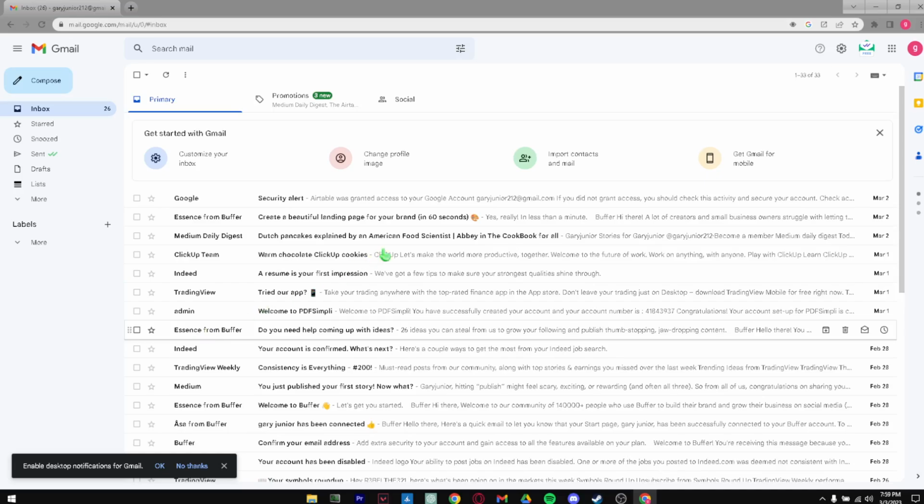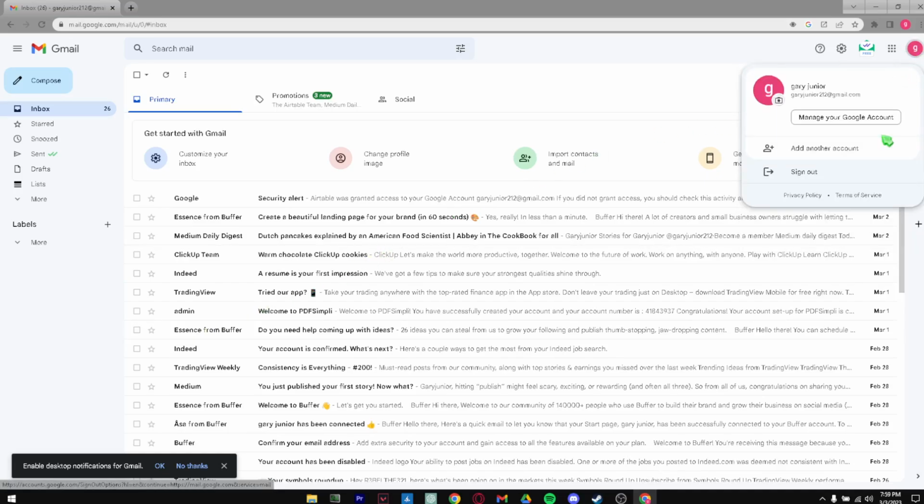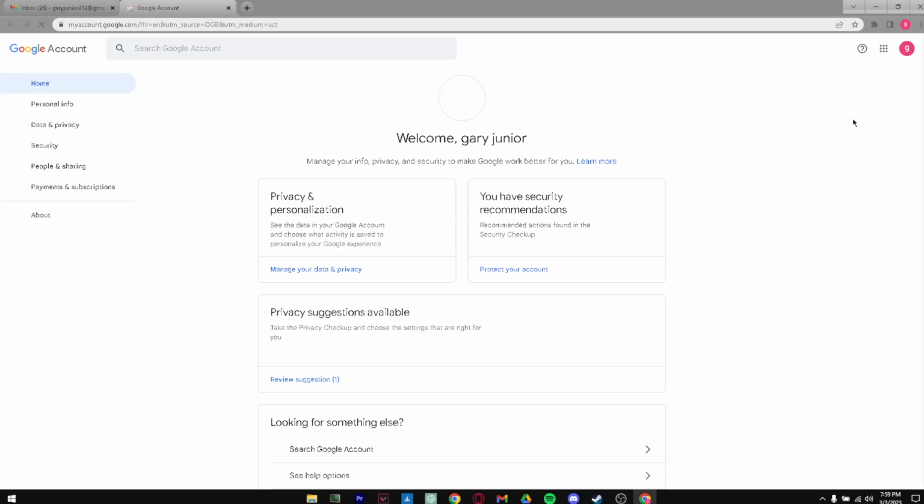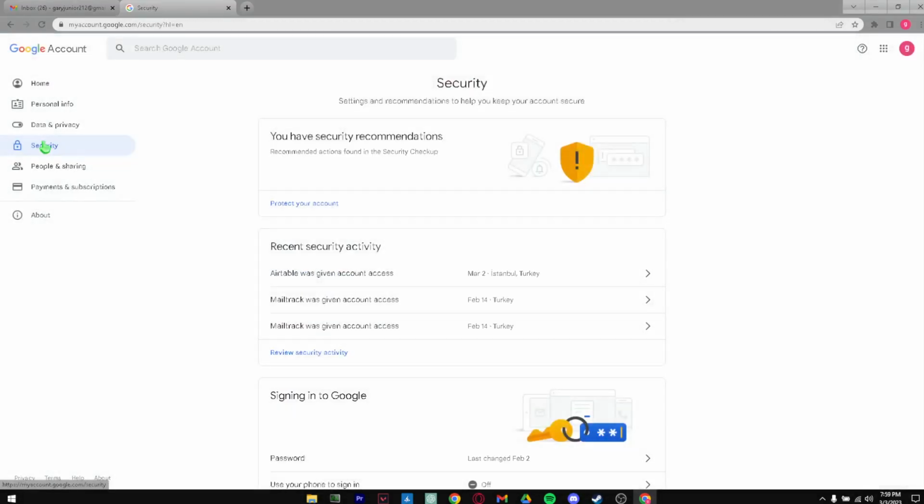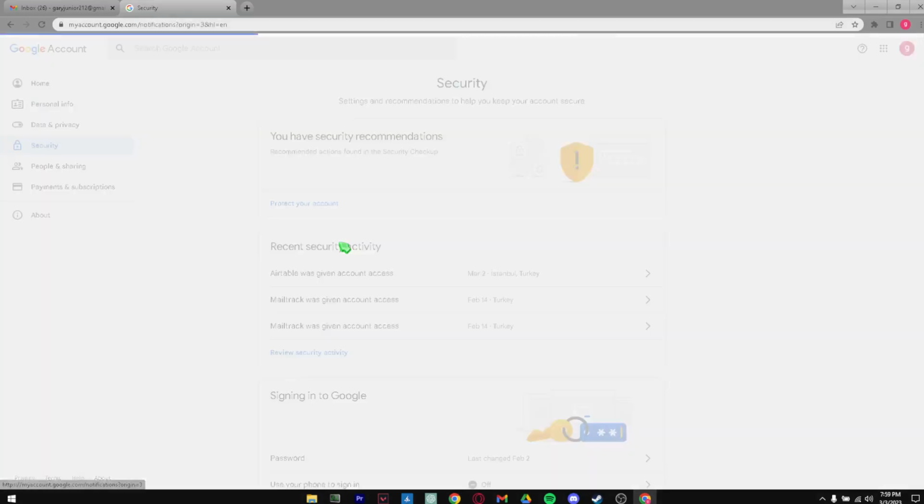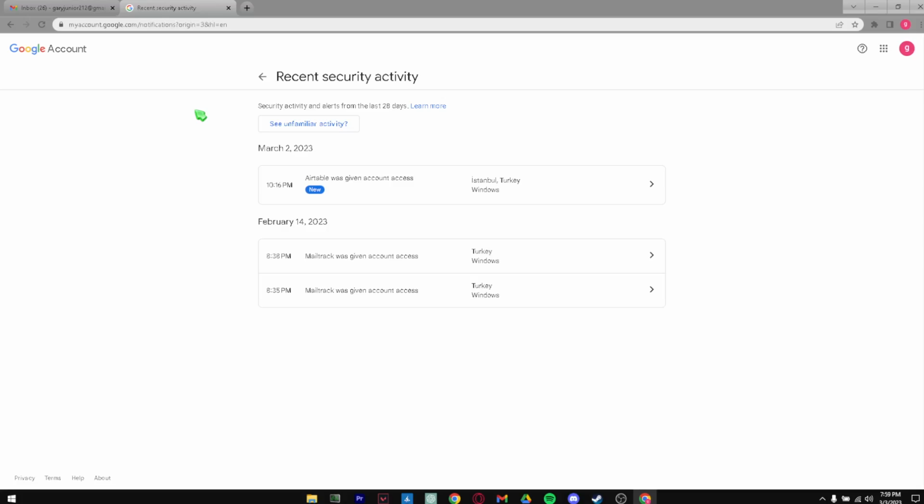If there is none, next up, we're going to go to our top right. You can go right here, press on Manage Your Google Account. And from here, there are multiple tabs. We want to go to the Security tab. From here, you have security recommendations, so you can press on Protect Your Account, but that's not what we're here for. You simply want to go to Recent Security Activity, press on it,